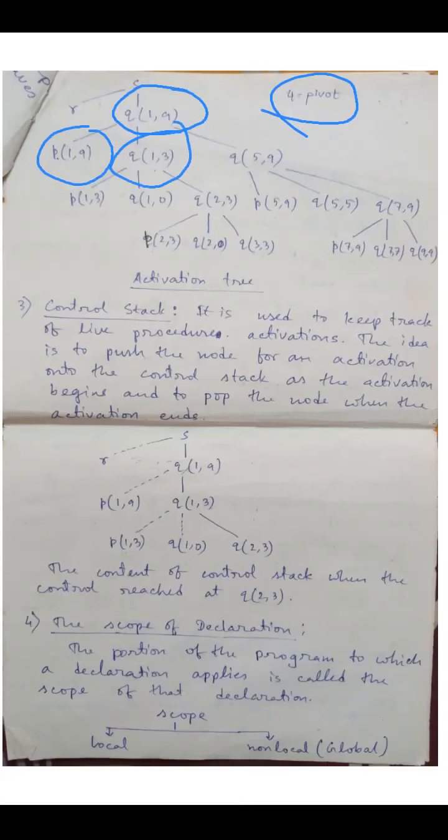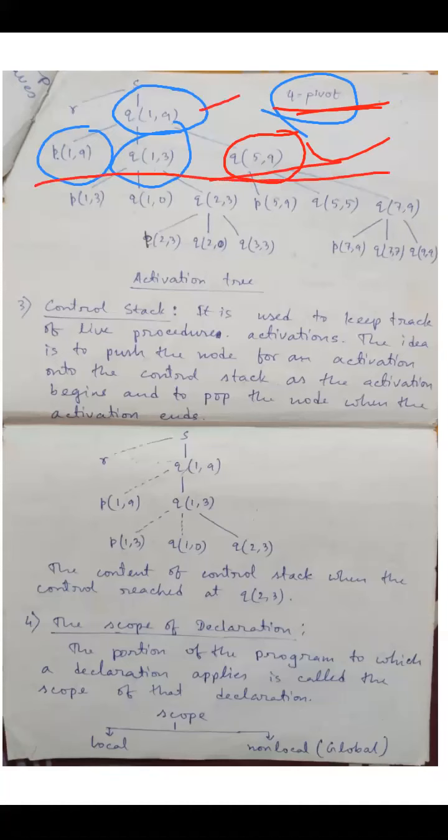The quick-sort function will be applied for the section 1, 2, 3. And for the other section, from 5 to 9, because 4 is the pivot element, so except 4, another quick-sort function will be called for that section. So Q(1,3) is called for the left section, and then 4 is the pivot element. Then Q(5,9) is called for the right section. In this way, inside quick-sort function Q(1,9), 3 functions are called: first partition, then recursively 2 quick-sort functions. So we all know this structure.